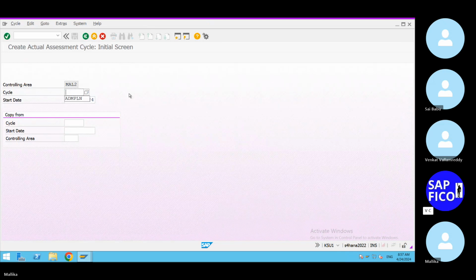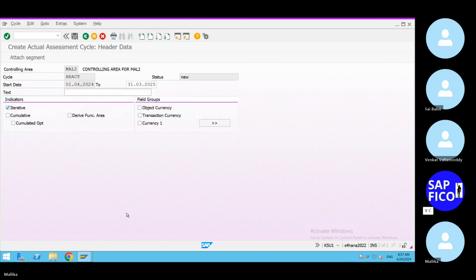Just give HR allocations, right? Activity. So HR ACT. Give HR ACT. So what is the standard 01.04.2024? Okay, so click on the enter. Yeah, click on the enter now. Yeah, so when it comes to the text,